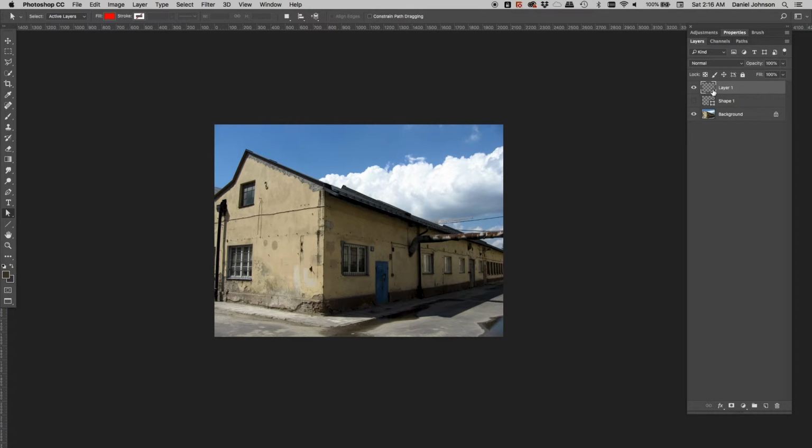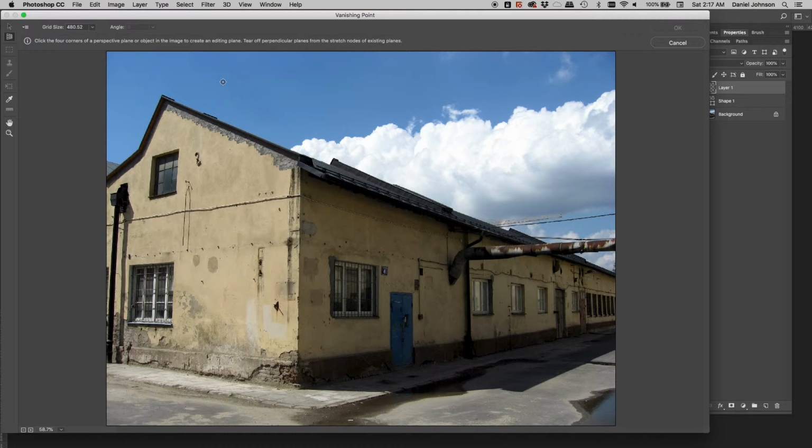Very important to do any vanishing point work. If you're going to use it, do it on a new empty layer, not on your existing layer. So when I'm on the new layer right here, I'll go to Filter and Vanishing Point. What you'll see here is this image, and what Photoshop is going to want you to do,